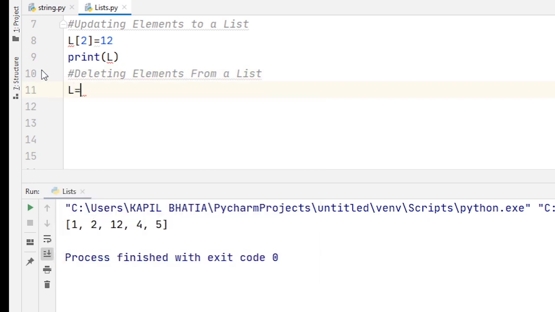Suppose I have a list. If I want to remove an individual item, then I write del L of 2.